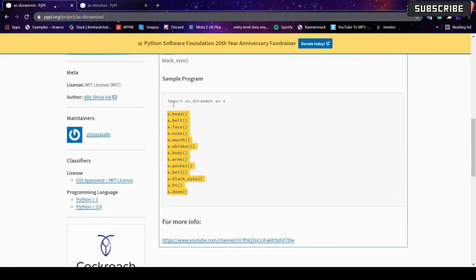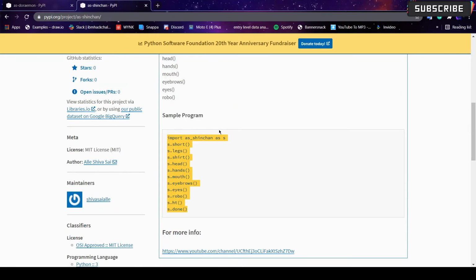Just install these modules, create a file with any name you want, which should end in .py, copy this code, paste it in that file, and run the code. You can directly get it for two modules, Shinchan and also Doraemon.